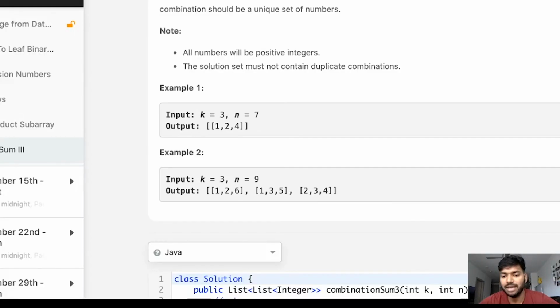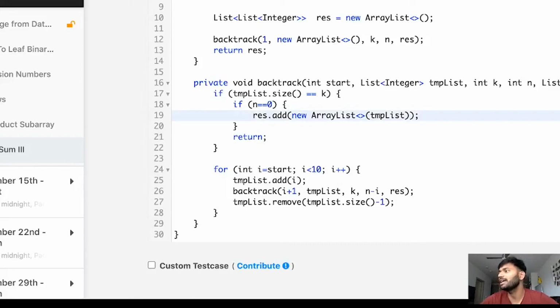So here, what's happening? All the time just think in terms of the recursion tree. You come here, you start, and this is where your first call happens, because your tempList size is not equal to k when you begin your recursion. Here nothing is there, the list is empty, so you add 1 and then go into your backtrack function.